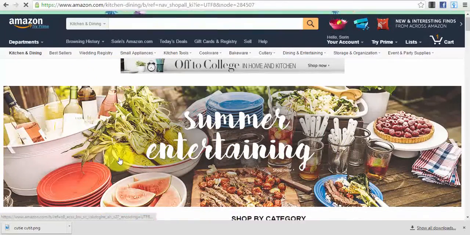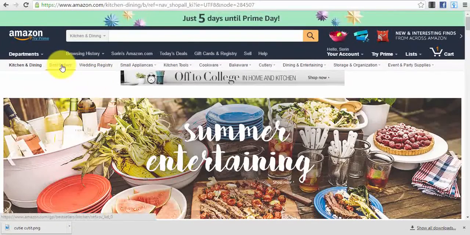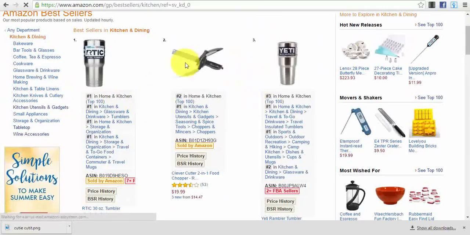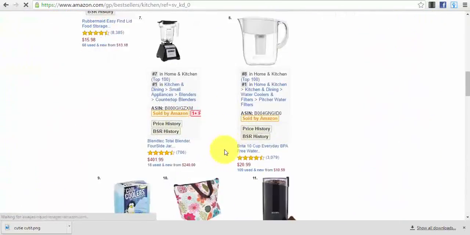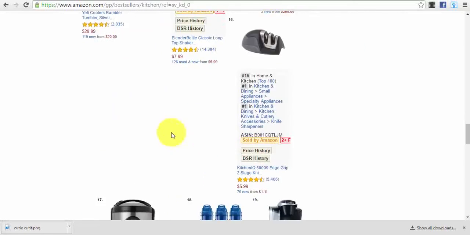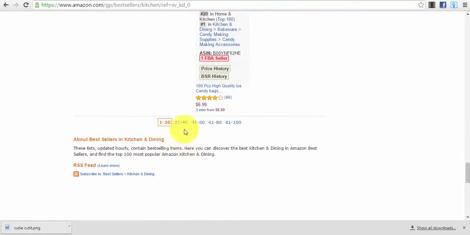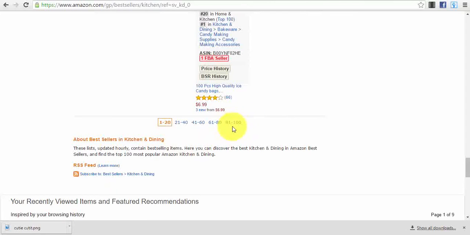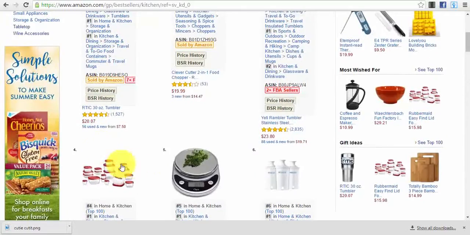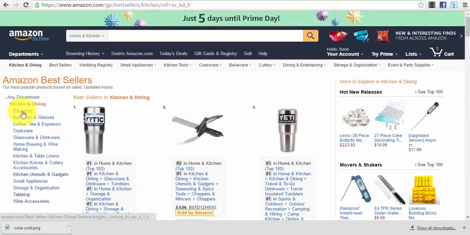And you go here and you will have here best sellers. Okay, you go to best sellers and then you can see everything in detail. Okay, all the best selling products in this section of home and kitchen. And you take them page by page. Okay, see if you find any product that you seem to like, okay, and then search for it on eBay to see what competition you have. And if you don't find anything on the first page, you can go even deeper to see the best sellers.